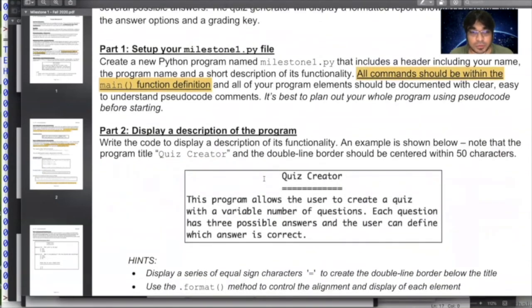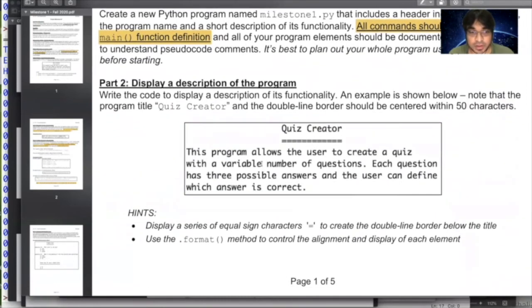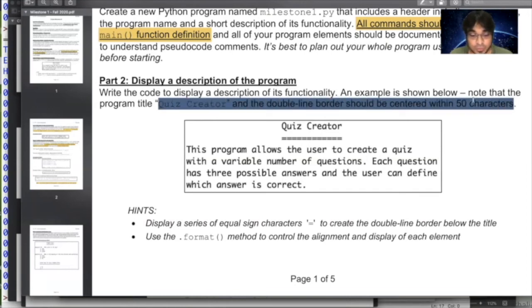Now, initially, what it's supposed to show on the screen is something that looks like this in the box. It says quiz creator. You should focus on the formatting here in detail because it has been described in pretty granular detail here.